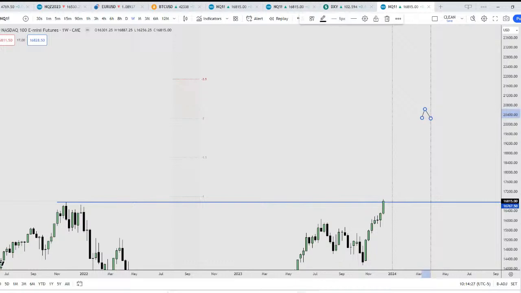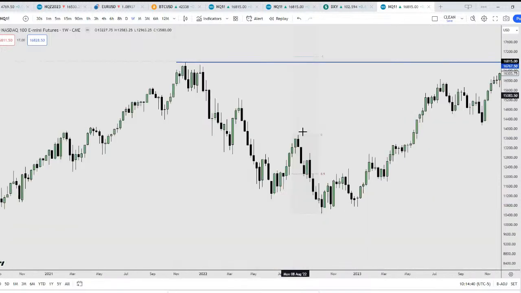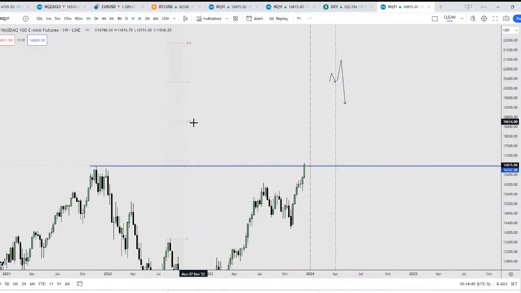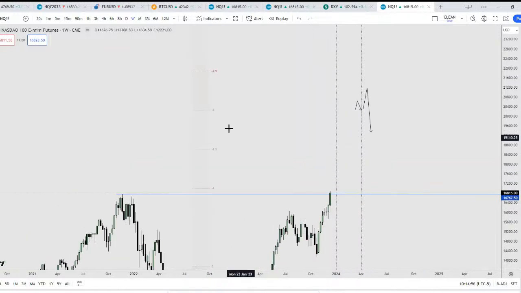April's opening price is going to give you that Judas swing, and once it does this, we can trade back to this level here, or at the minimum 1 to 1.5. There's going to be a PD array within this 1 to 1.5 that we can trade back into, right? So that is what I am expecting for Nasdaq. The minimum requirement is that I want to see SMTs